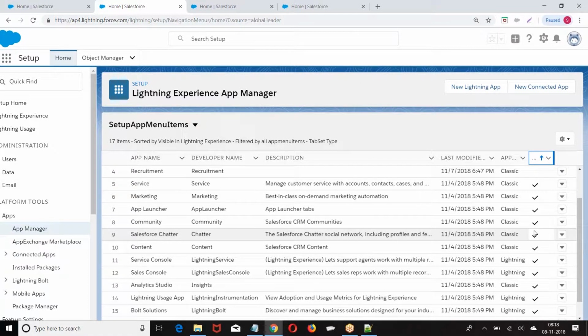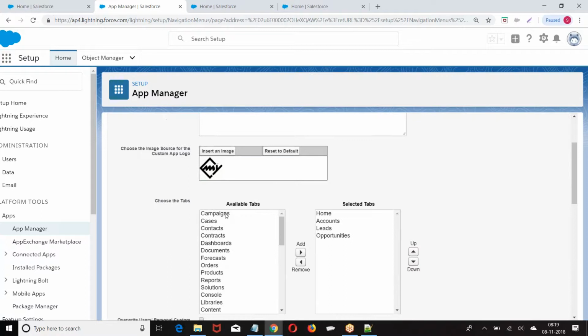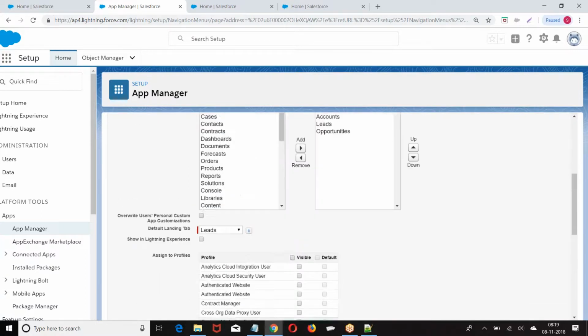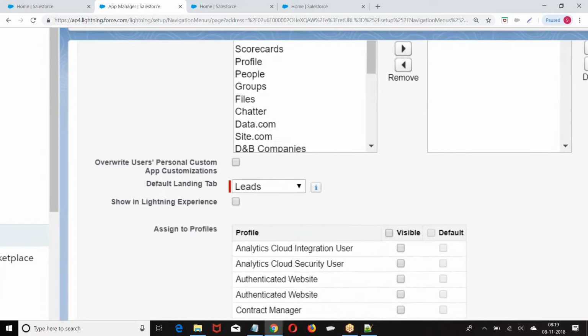If I create a Lightning application, directly it will be visible. A Lightning application is directly visible in Lightning. But in the classic application, look at this: we are not getting this checkbox enabled. So now I am unable to see this recruitment app in Lightning. So what I was supposed to do: go to this, edit, then enable in Lightning view. Enable in Lightning. Show in the Lightning experience.